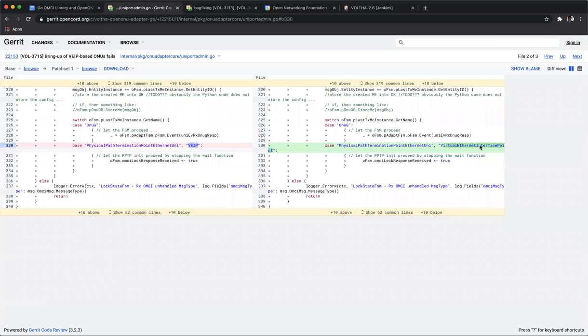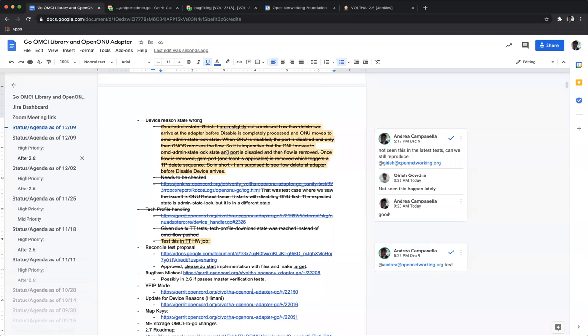And this one instead is the right one, and it shouldn't affect at all the PPTP side. So my expectation is that we could possibly include this in 2.6. And again, let's take the same approach. Let's merge it on master, and then we can go ahead and cherry pick it to 2.6 if the tests pass.